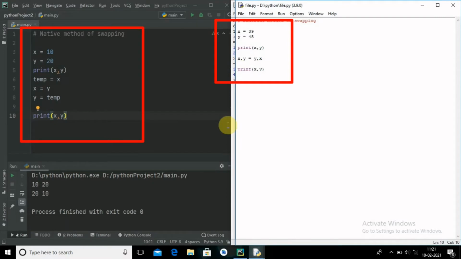When you are writing a large amount of code, a large algorithm, using this trick may be useful, and it also does not take extra variables. Here you can see 3 variables. You are taking 3 variables. It means the space complexity is going up. So using x comma y equals y comma x is much simpler. So it is useful to you.